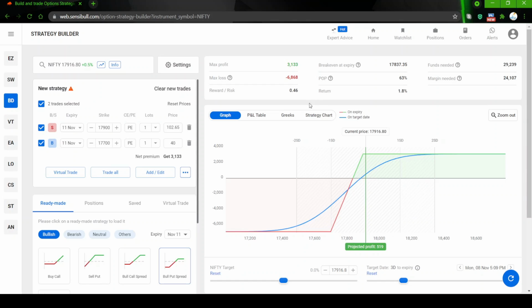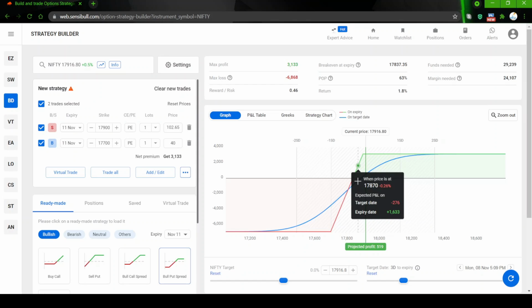Since this is a credit strategy, as I said before, the probability of profit is high because our break even is a little bit more here. Right now the market is at 17,916, but our break even is about 70 to 80 points away. So the market needs to come down another 70-80 points for us to start making the loss. Till that point we will not be making any loss. In between it may be showing loss, like for example when it goes to 17,870 we will be making about 200-300 rupees loss. Does not matter.